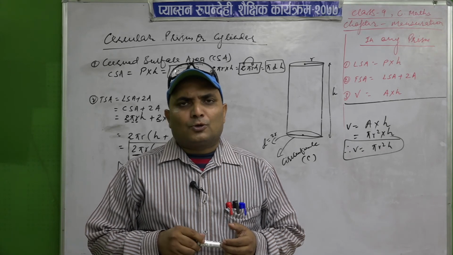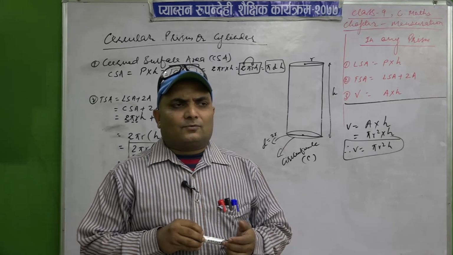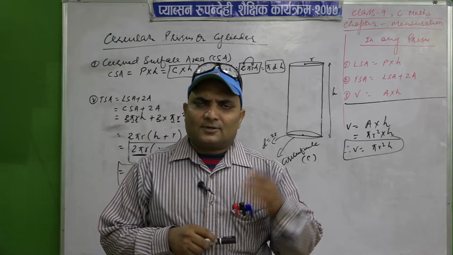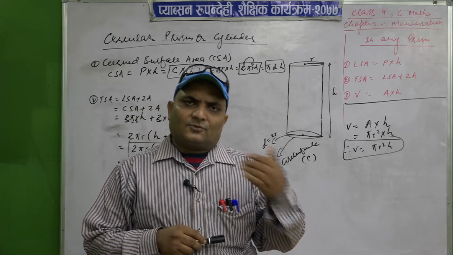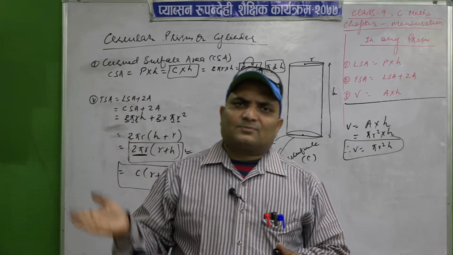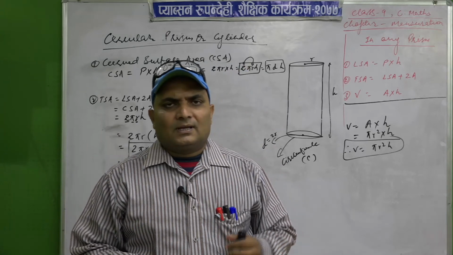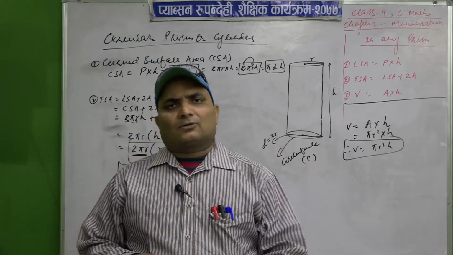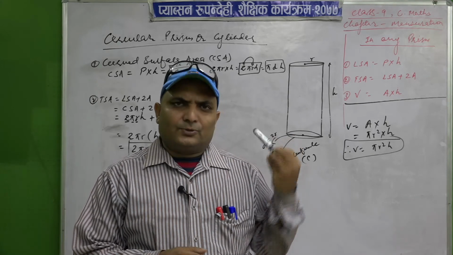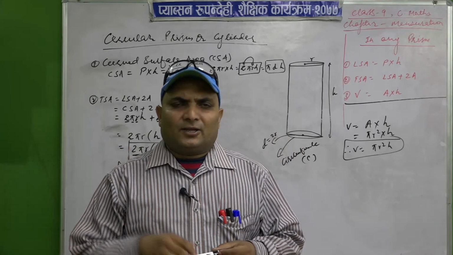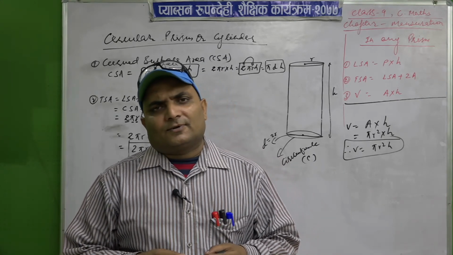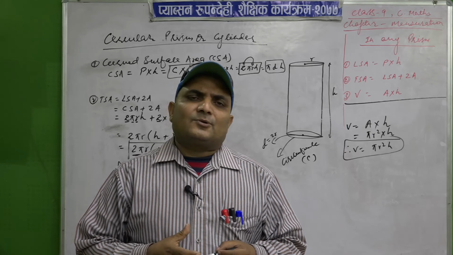From tomorrow again we have one thing to derive, the regular hexagonal prism, and after that we start numerical problems regarding triangular prism, cuboid, cube, circular prism, and hexagonal prism. Okay. So, today's work is to watch this video and the previous video again and again. If you watch these 2 or 3 videos, you will get an idea of the formulas for the prism.